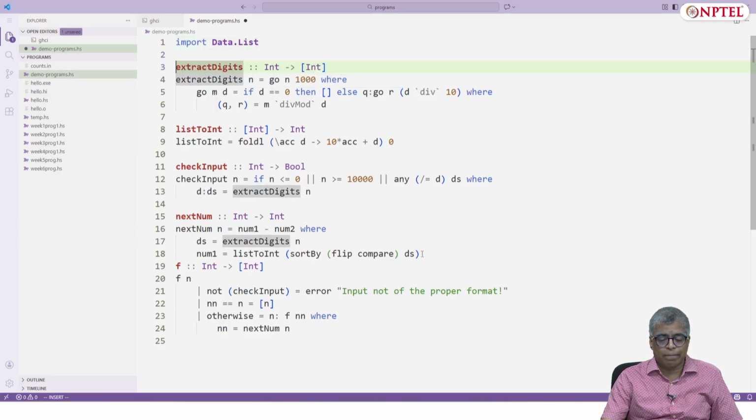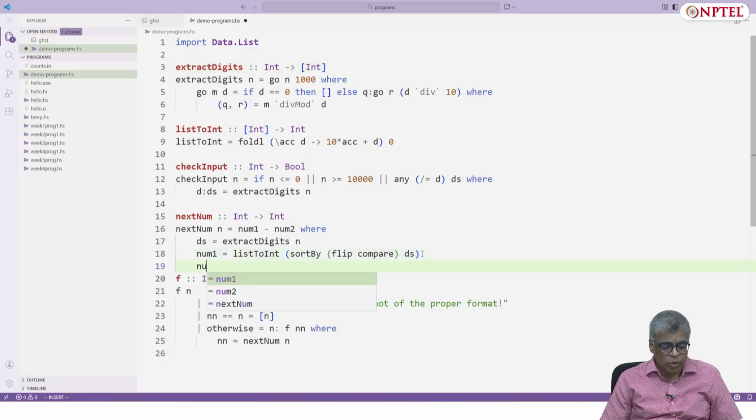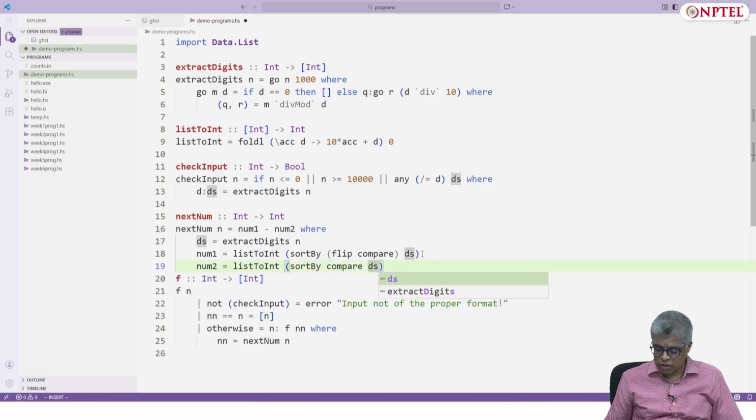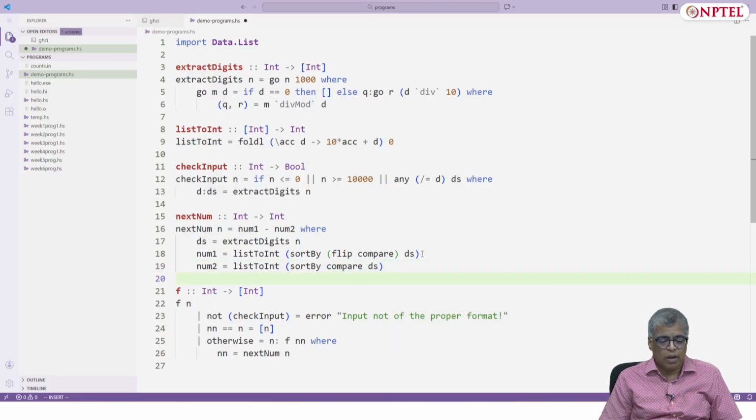Okay, and num2 is list to int of sort ds, I should say, but I'll just say sortBy compare ds. Right, so that is my next num, and this completes my whole program. Okay, so let's see if the program works correctly.